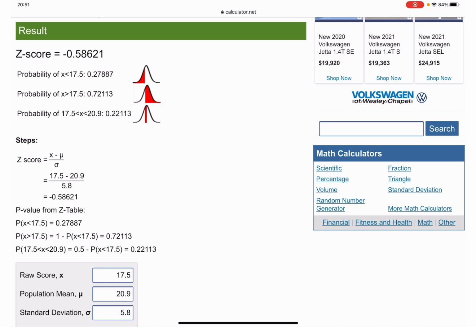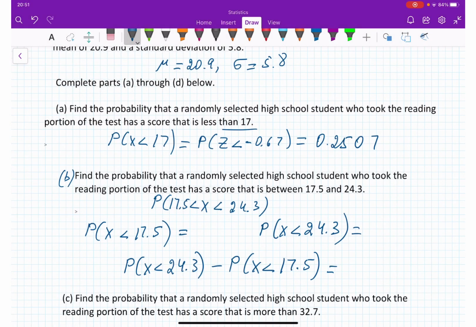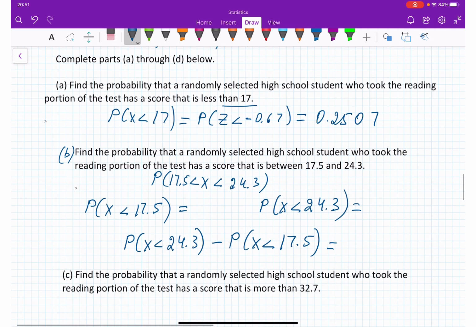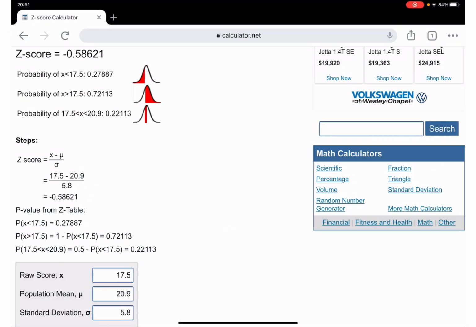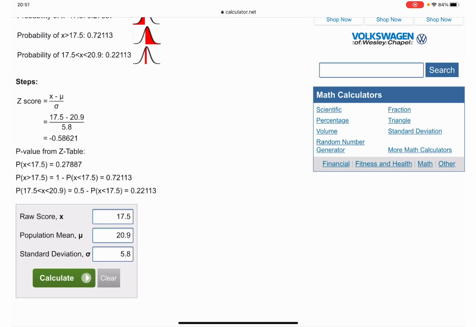Hold on. 24.3 and 17. Yeah, 20.9 and yeah, we're good. For some reason I thought that mean and deviation are different. Okay, 17.5,